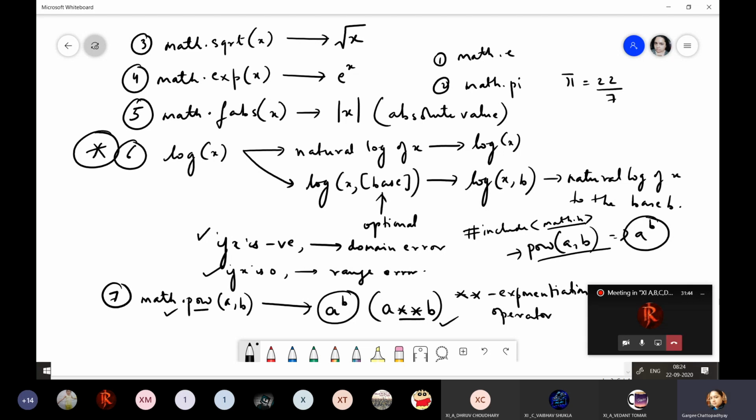Now you will have functions on almost all types of data types. You will have separate functions for strings, for lists, for tuples, for dictionaries, which we will be studying in the dedicated chapters for those data types.